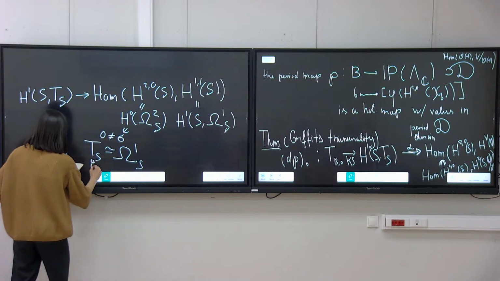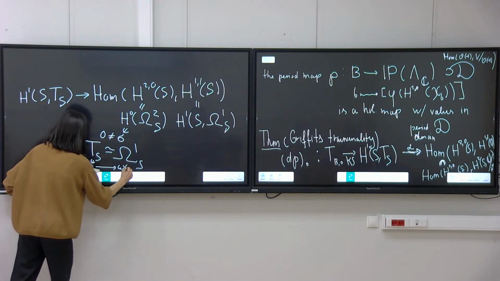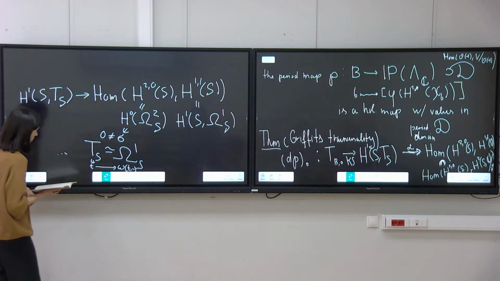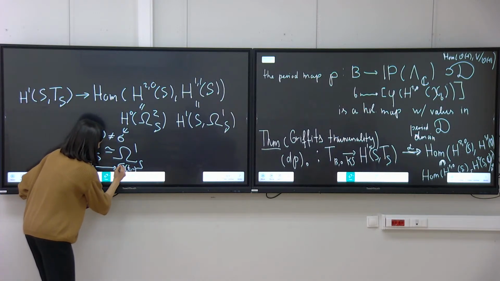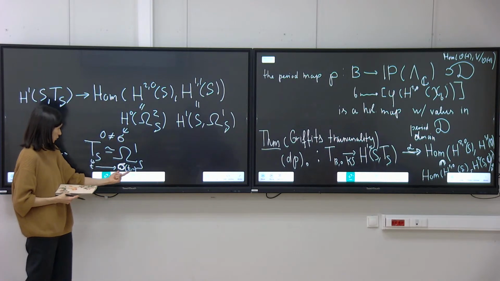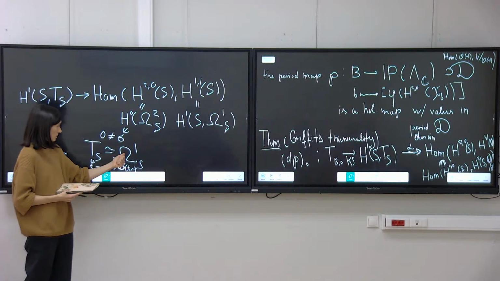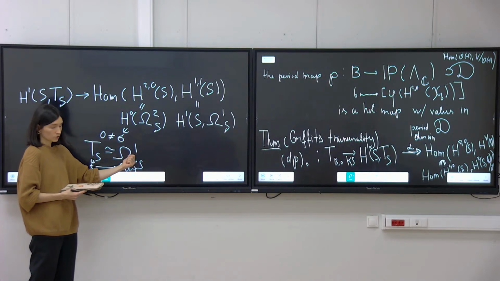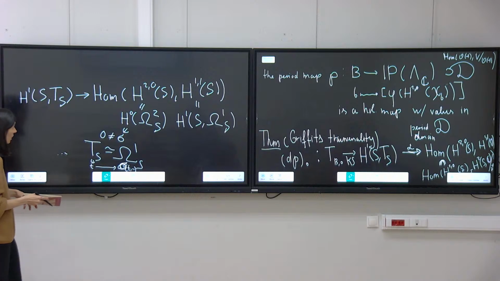So we map T. So we just take a convolution of a two form with the corresponding tangent space and obtain something from first differentials, right? Okay, and how do we